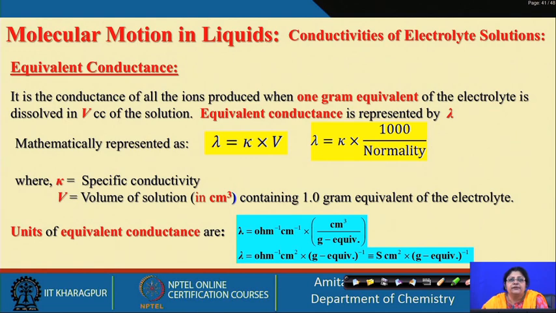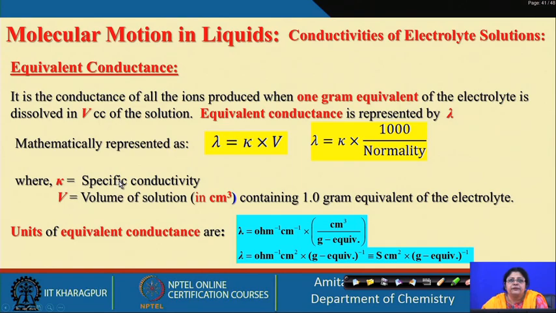Okay. So, here we see 1 gram equivalent of the electrolyte, of the salt which is dissolved to form the electrolyte, where 1 gram equivalent of this electrolyte is dissolved in V cc of the solution. So, mathematically we can represent the equivalent conductance lambda equal to kappa into V. Kappa is what we have just now discussed about, which is cell constant into